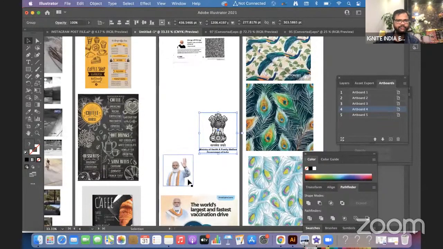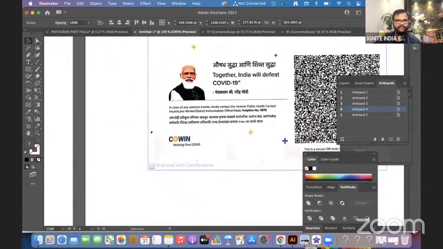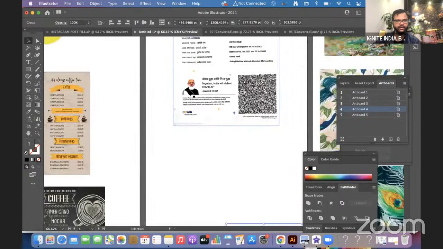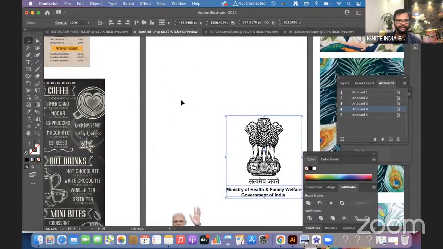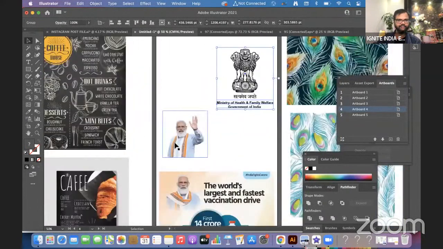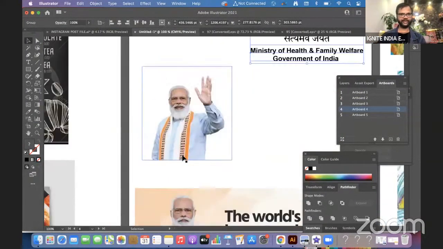Now, I have some reference pictures. Here you see the Prime Minister is still in a very protective mode in the picture. Now this is for youth. He has managed well, and we are able to do the largest vaccination drive. Some bit of the picture, pose and expression you can change here, and you can make him happier. Being a designer, you should feel that this situation is not like last year. It's more controlled.